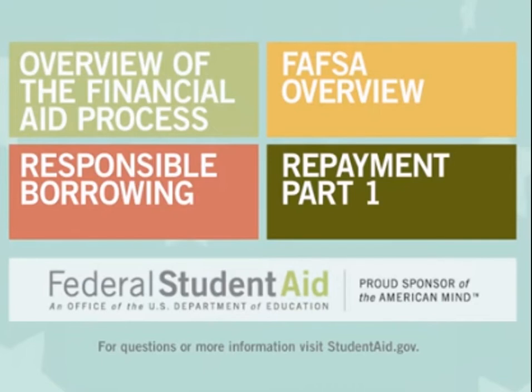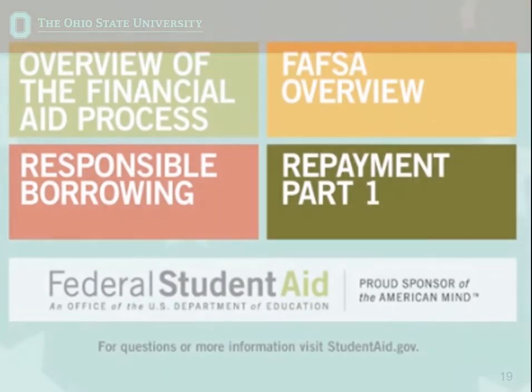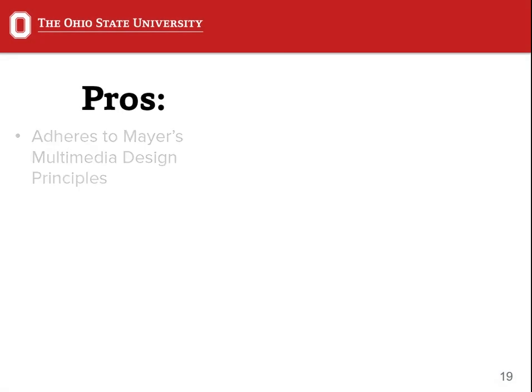Another accessibility issue is that the video only is available in English. There are closed captions available in both English and Spanish, but that's kind of a standard YouTube feature since this video is hosted through YouTube, so I'm not sure if that additional captioning was added by studentaid.gov or by YouTube itself. So looking at the pros and cons here, it does generally adhere to the multimedia design principles, specifically